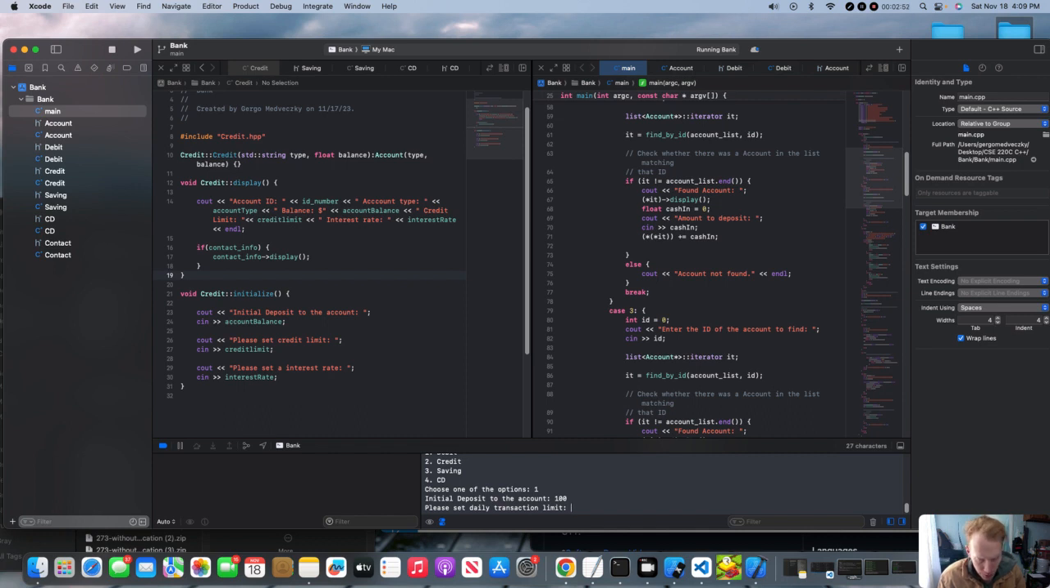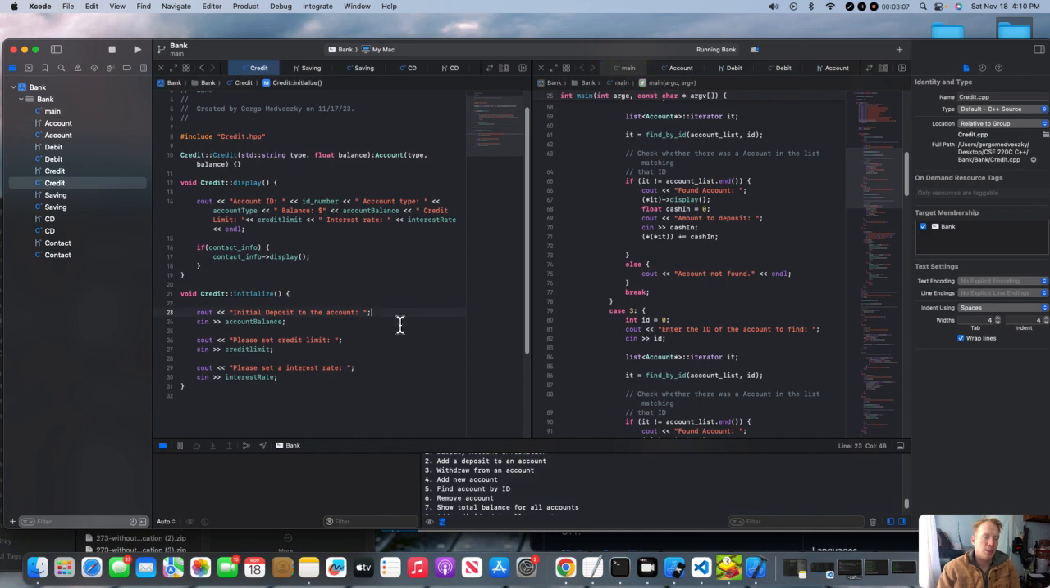daily transaction limit, let's say 300. Oh, that was a little bit too much, but password. As you can see, the initialize was different. And so I spent about 3-4 hours working on the project, maybe like 5 or 6, because it just took a lot